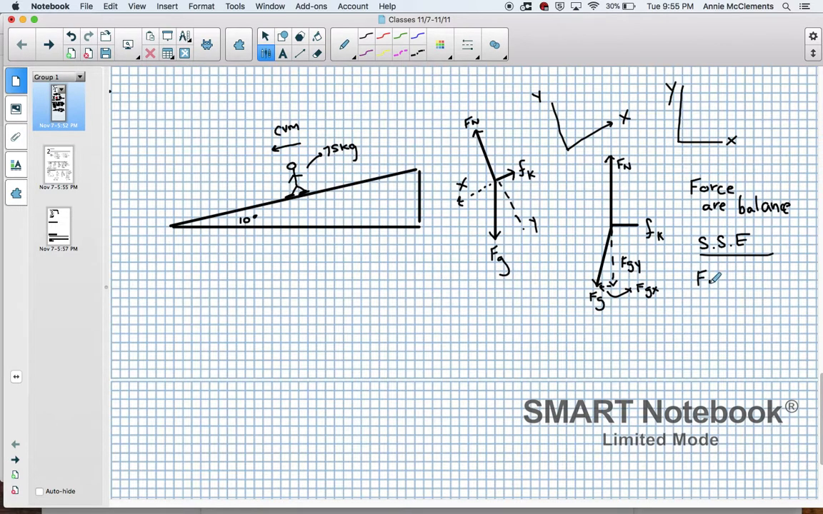And based on that, we can determine our situation-specific equations, SSEs, right? Fn must equal FGY. Vertically, these two magnitudes must be equal so that they cancel each other. And horizontally, the kinetic friction force must be equivalent to the x component of gravity, this one here. They should cancel each other. Okay, their magnitudes should be the same. So we have these situation-specific equations,